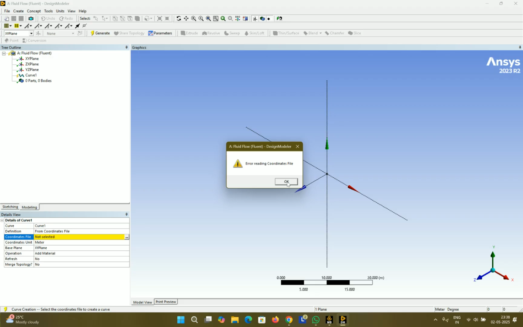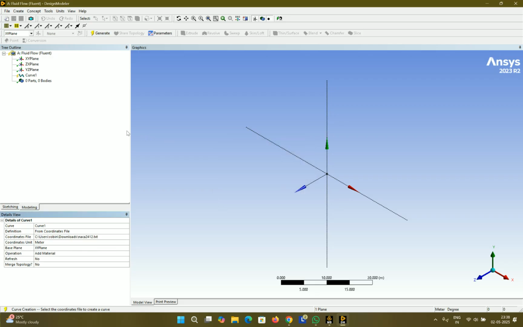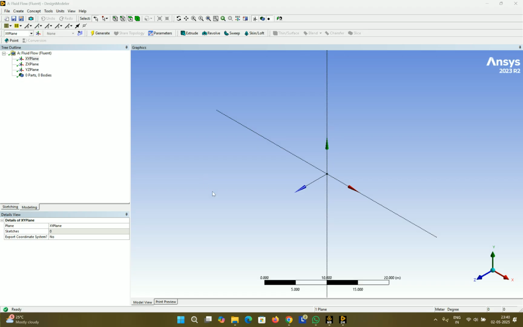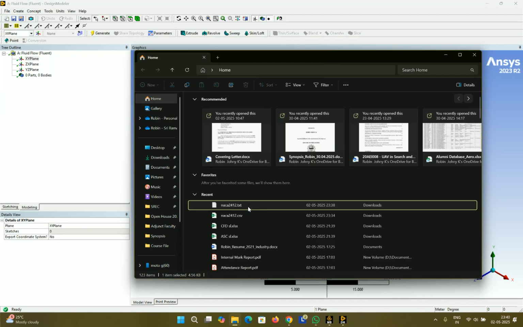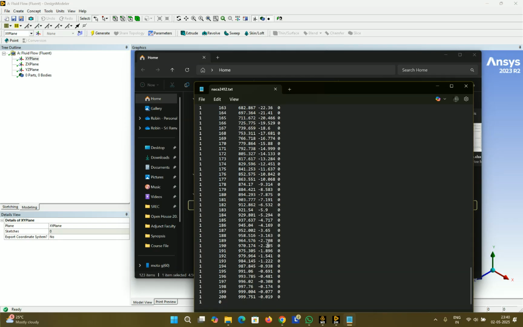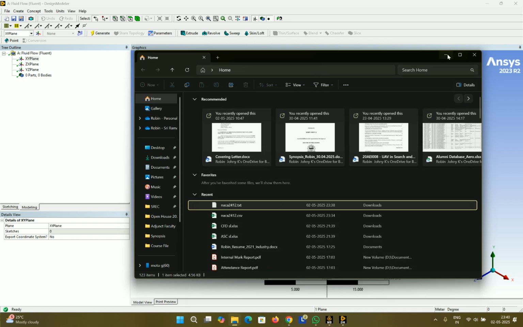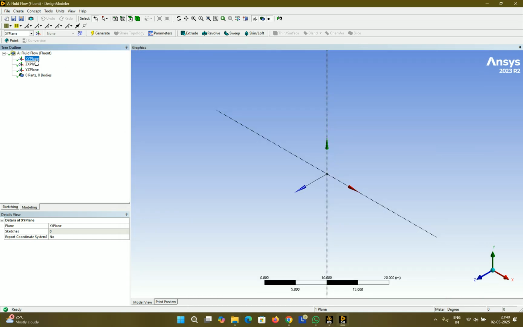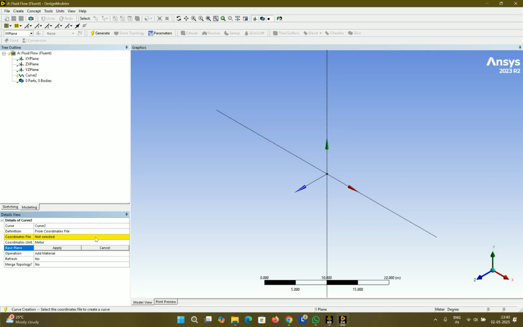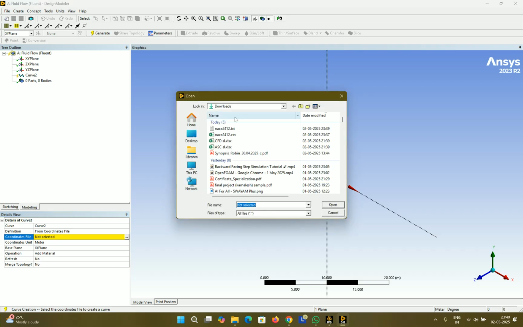Well, there seems to be some error. Let me just take a look. Okay, so I figured out what the error was. In the CSV or the TXT file, the last point you're supposed to give it as 0 so that it will go back to the origin. I only gave it as 1 here, so you're supposed to give it as 0 so that it will go back to the origin. Now if we again go to concept, 3D curve, click on the coordinates file as our